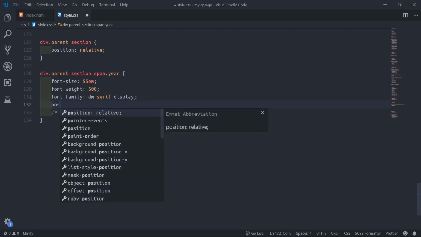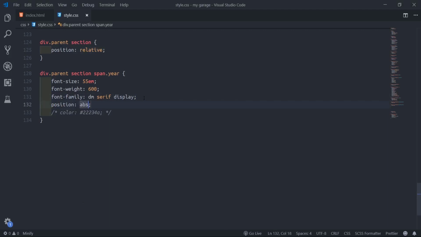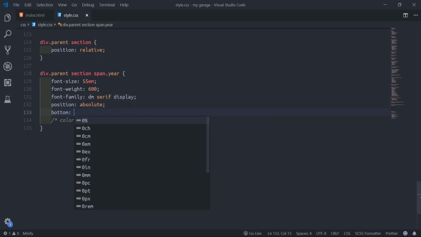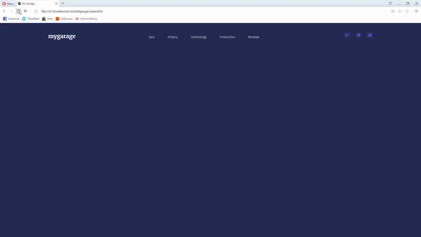Then I'll put position absolute, and push it up toward the bottom, so we'll say minus 190 pixels. We'll refresh.